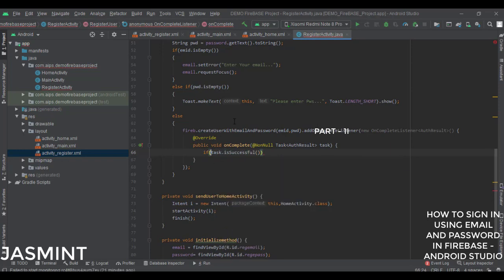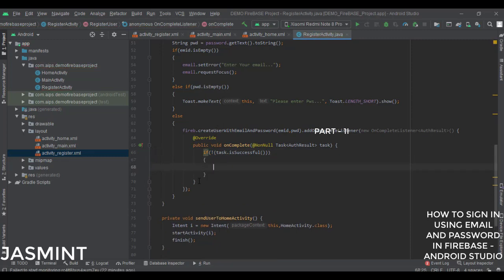First we'll check if it is not successful, then it will show an error message toast that please try again.